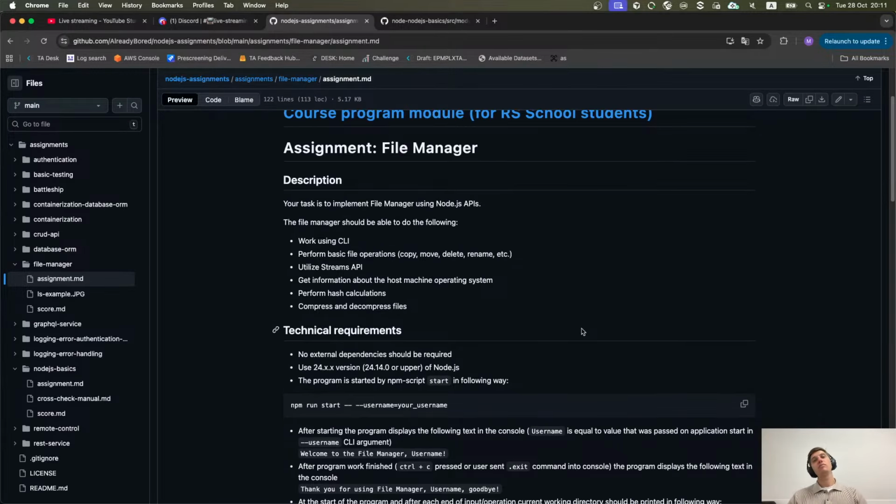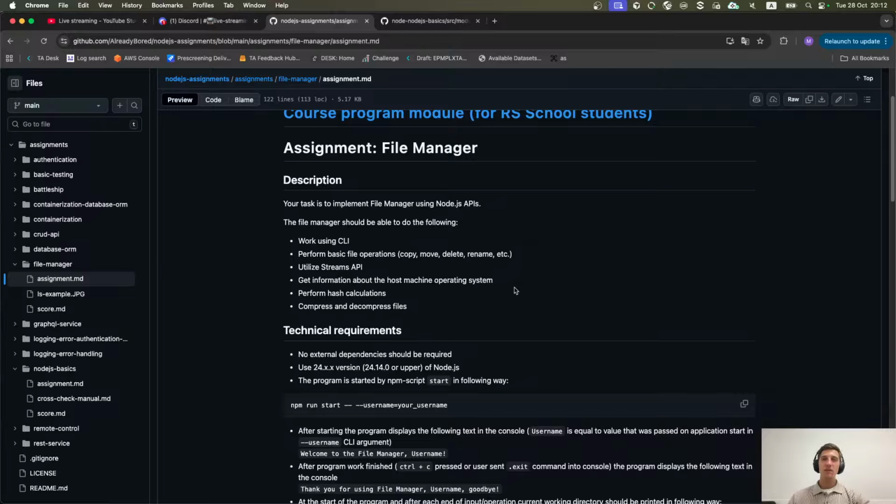Okay, so in the previous assignment, you used some important Node.js APIs, but you did it like on CodeWars or somewhere else. You didn't really put all these pieces together. You just learned how to use them separately. Now you learn how to create your first, or maybe not first, application, and it will be a good one.